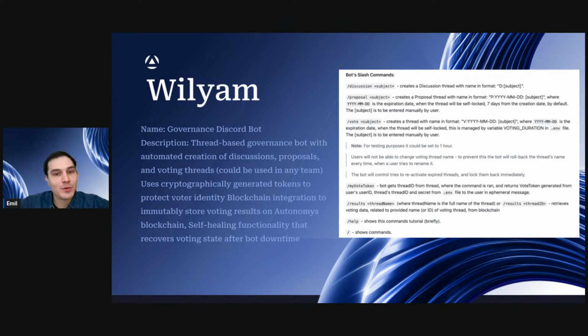So as you can see, once we deploy the bot, everyone will be able to start a discussion, to create a specific Discord thread with a proposal by providing the subject. Then everyone in the voting group will be able to go and vote on that proposal, vote on that subject. And then the governance bot will summarize the outcome of the decision. So it's a really